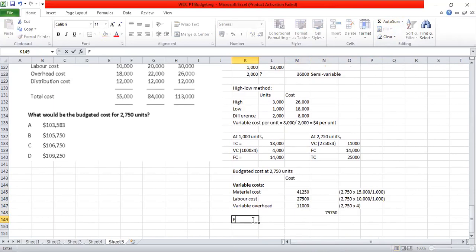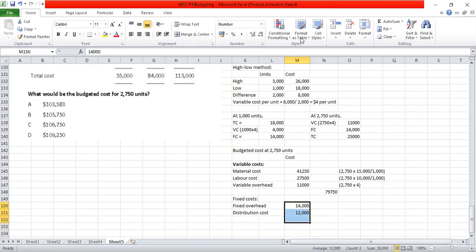Then write the heading as fixed cost. One is fixed overhead, which we got as 12,000. No, not 12, 14, sorry. 14,000. Then distribution cost is a fixed cost. From that we already understand. Distribution cost is a fixed cost, which is 12,000. So when we add them up, the total cost is equal to